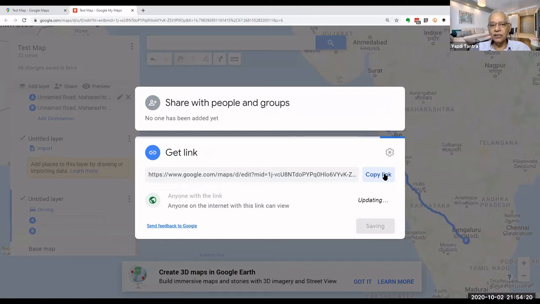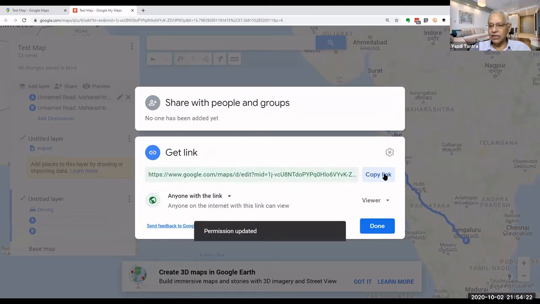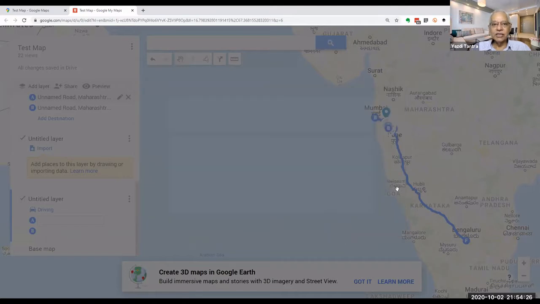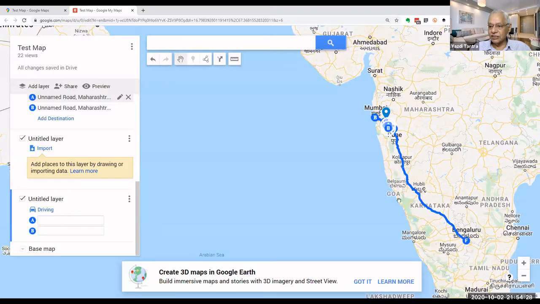When they get the link, they will see the same thing as I have. So permission is updated. Now when I send it to them, they will see it just as I have made it here, with all these directions, with all these layers, from Juhu to SV Road to Karjat to Lonavala to Pune to Bangalore.